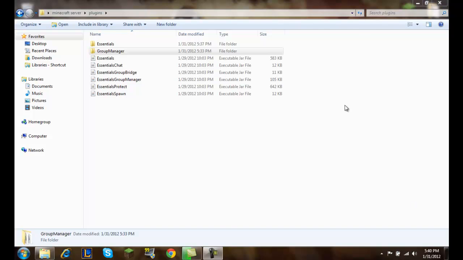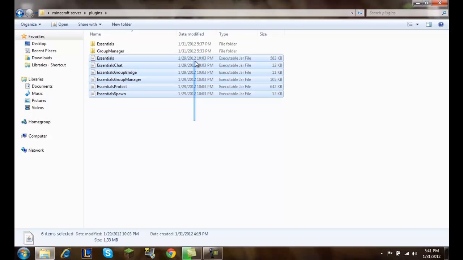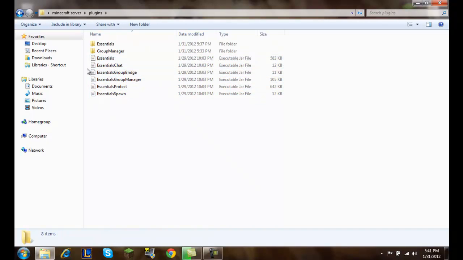Group Manager is a plugin that allows you to make groups and set permissions for specific groups, to only allow them to use some commands, do some stuff, etc. Now, once you get all these, you're going to need Essentials, all the Essentials files, and of course Essentials